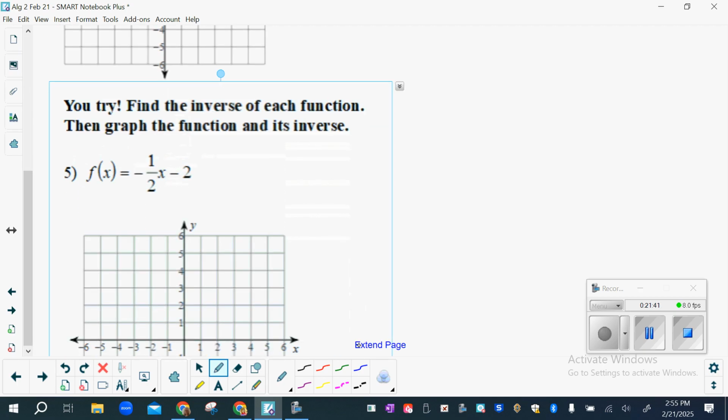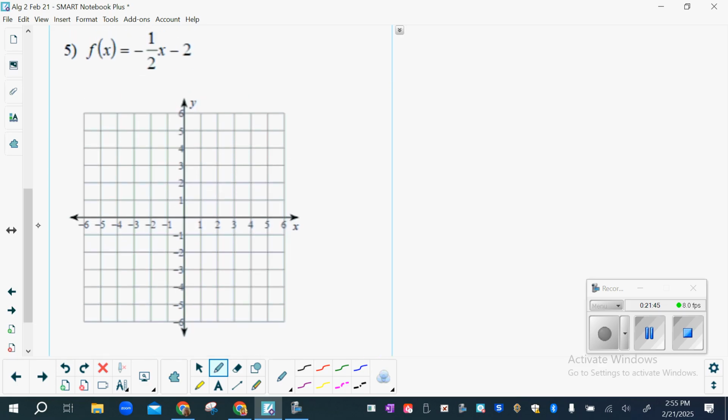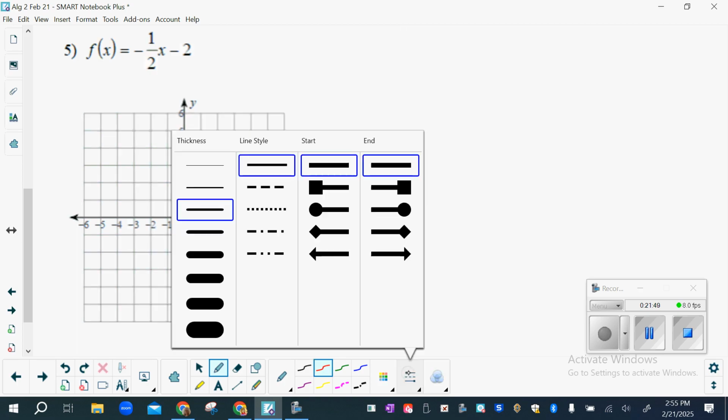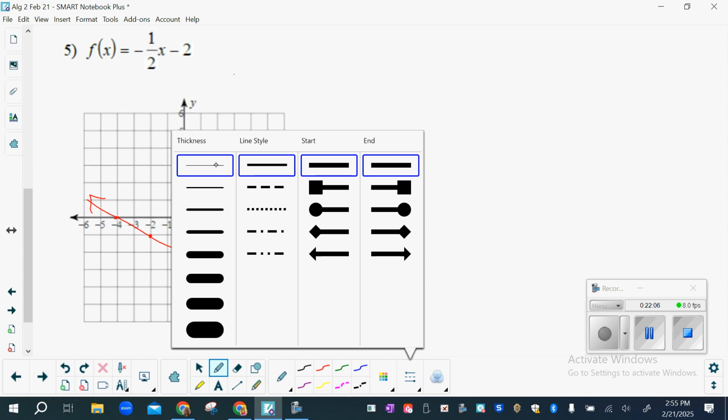How do you get the other line? So -2. Oh, and then it just goes across. Oh no, no. Positive goes